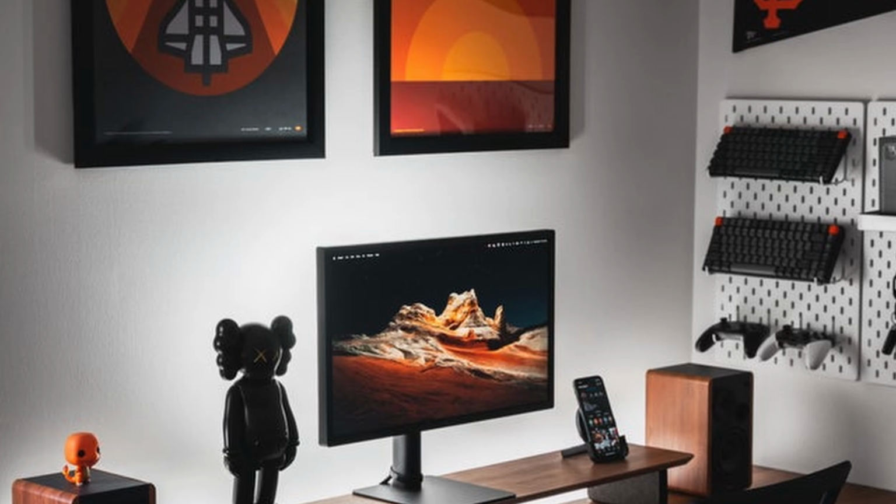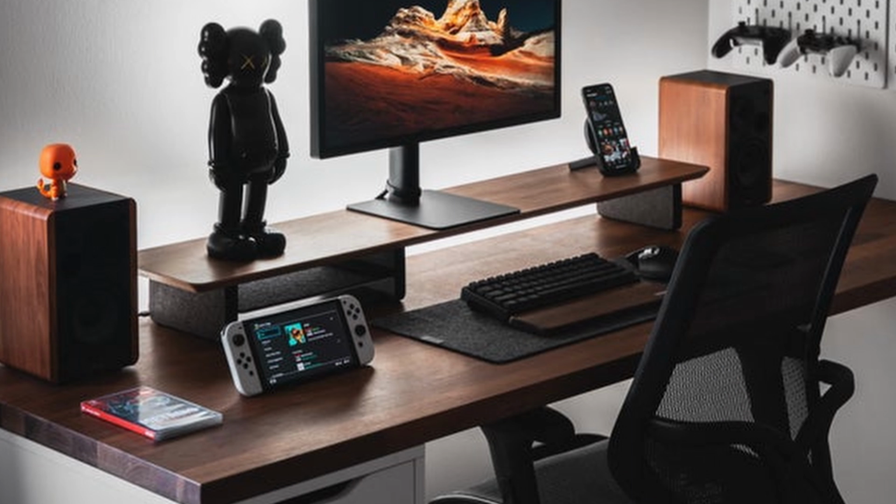But also what I have to give credit for is just the colors of this build. It's not often you see orange. It's really not often you see orange, but the way they have different shades of it goes really well with the wood accents that they have, with the desktop, the little shelf, and the speakers. Oranges, deeper oranges, especially a burnt orange, accent very well with those type